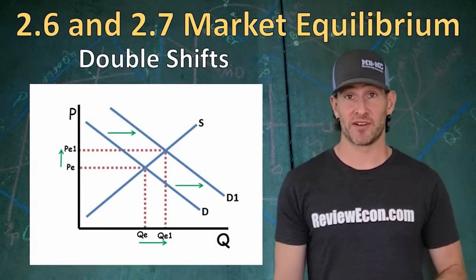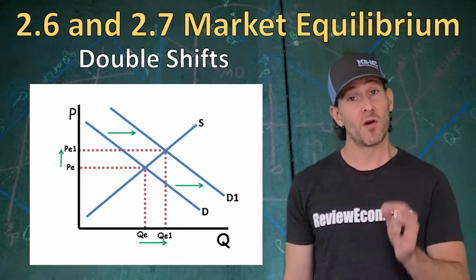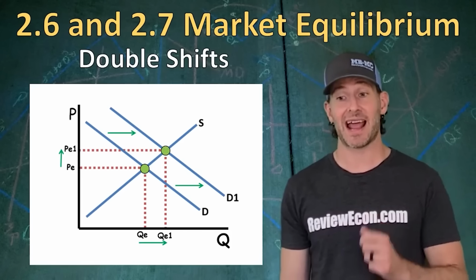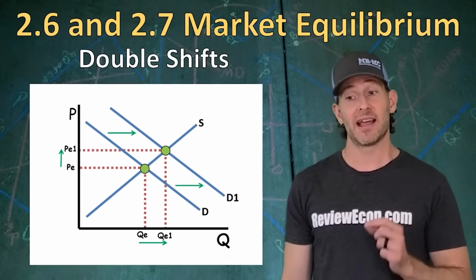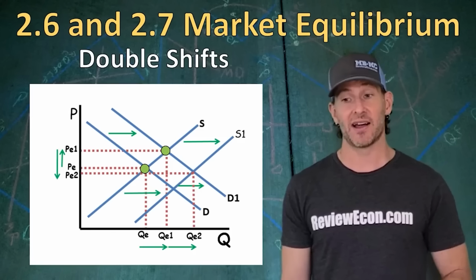Here's another example of a different double shift. We're starting off with an increase in demand this time, which causes the equilibrium point to move, increasing the price and increasing the quantity. If we add another shift, this time it's an increase in supply, we now have a